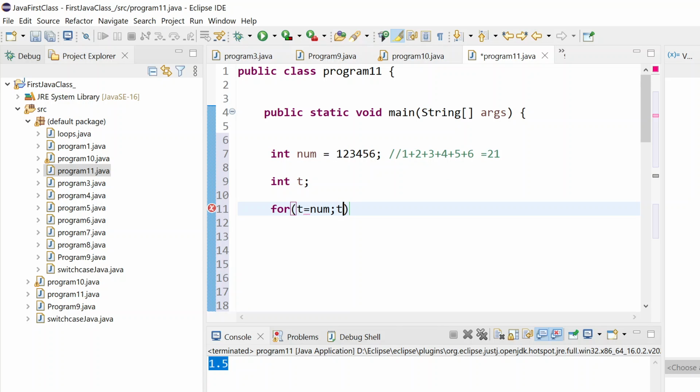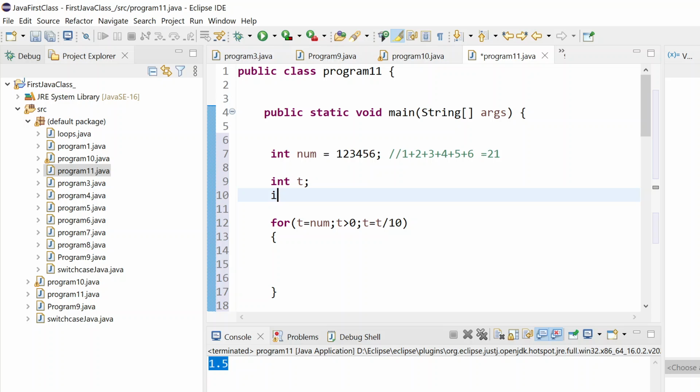And if I say t is greater than 0, t equals to t by 10. So why I am writing this, I will show you, and it will be very, very clear. And let me take one sum variable. The reason I am taking the sum variable is because let me start from 0, and if I say